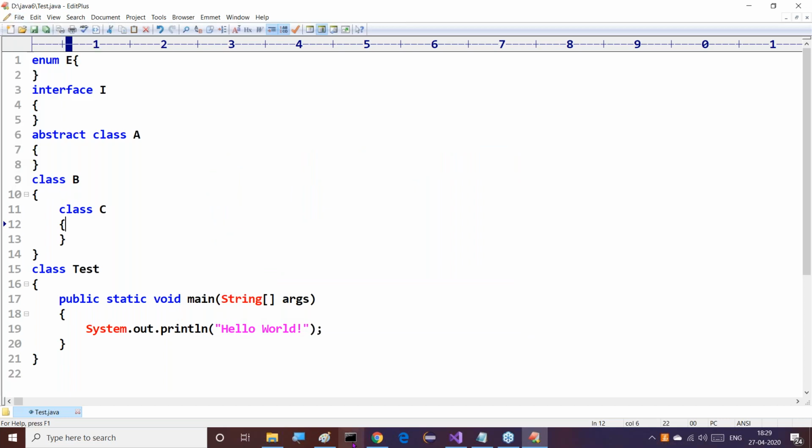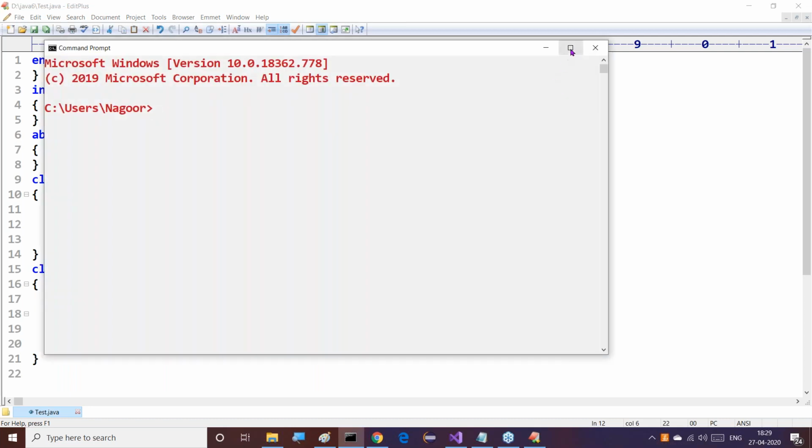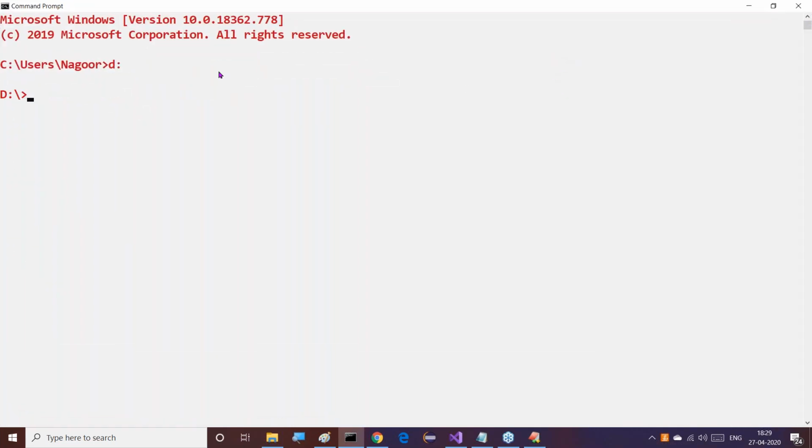Now my requirement is which one? Guys, all of you observe this clearly. I'll open this command prompt. Here I'll go to the D:/CD Java 6 location. Good. Here if I use javac test.java, what will happen there? All the dot class files will be generated at the current location by default.